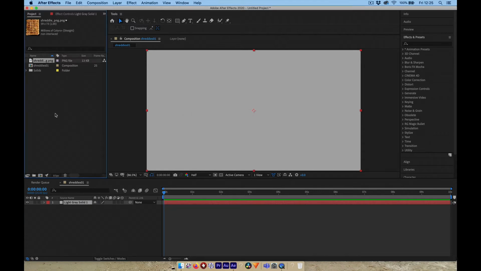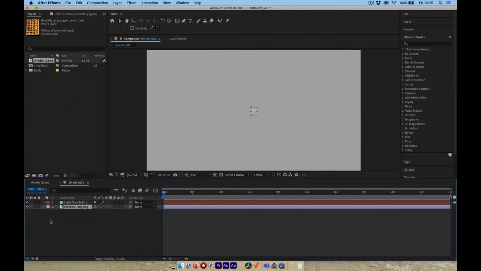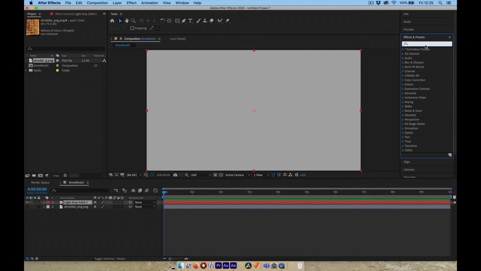So we brought in our Shreddy. What I'm going to do is just drop this down here. Okay, I'm actually going to turn it off so we don't see that. We don't need to, it just needs to reference it. So here's my solid, and what I'm going to do is use an effect in After Effects called